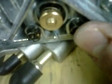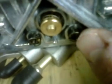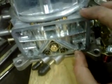So your jets are located right there, and you would just take a screwdriver, unscrew those, and put some new ones in. Usually with a Holley, you're safe to go 1 or 2 bigger, but generally Holleys are within the ballpark. And I'm not going to pull this metering plate off, or this metering block, which is that part right there. But on the other side,